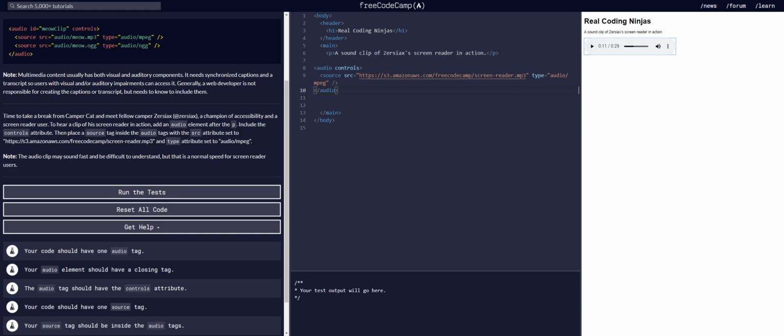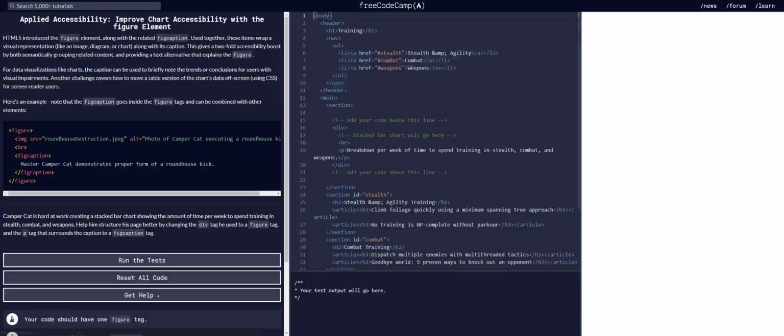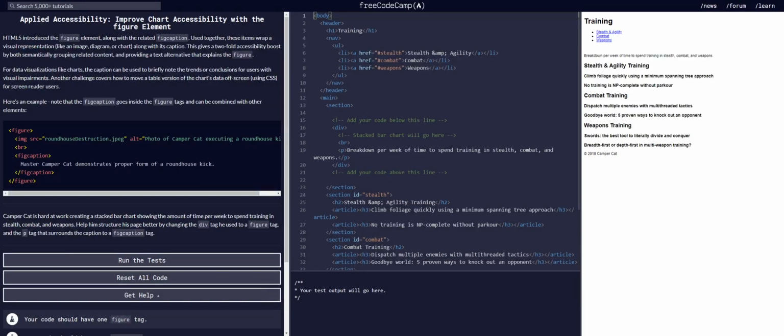Why is this so fast? That's normal speed for screen reader users? Bull. That's not normal at all. Anyways, so